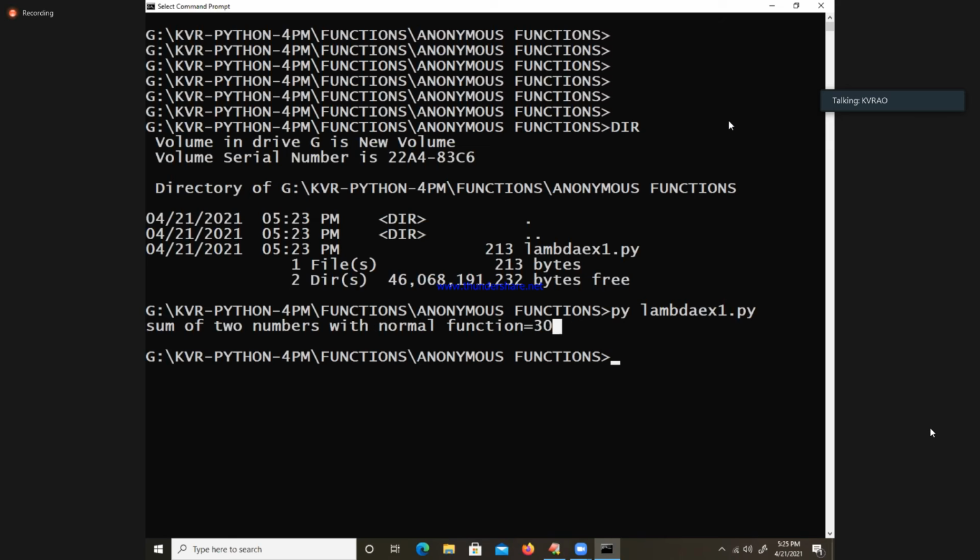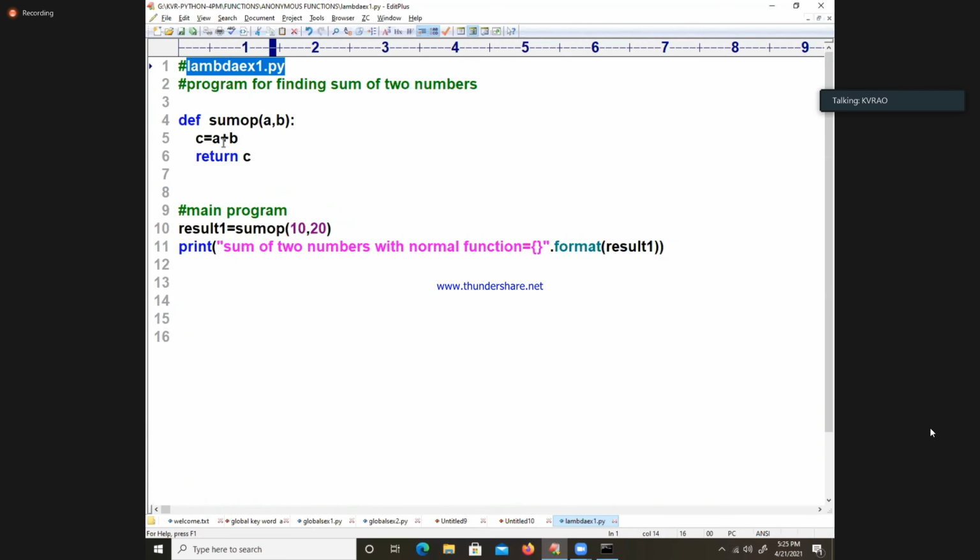For doing this operation of sum of two numbers instantly, you need not go for the def keyword, an explicit function name, a formal parameters list, a local variable, and a return statement. Why should I take this many lines of code unnecessarily, with a lot of keywords in the heading? Rather than that, I simply say, see, I'm talking lambda.